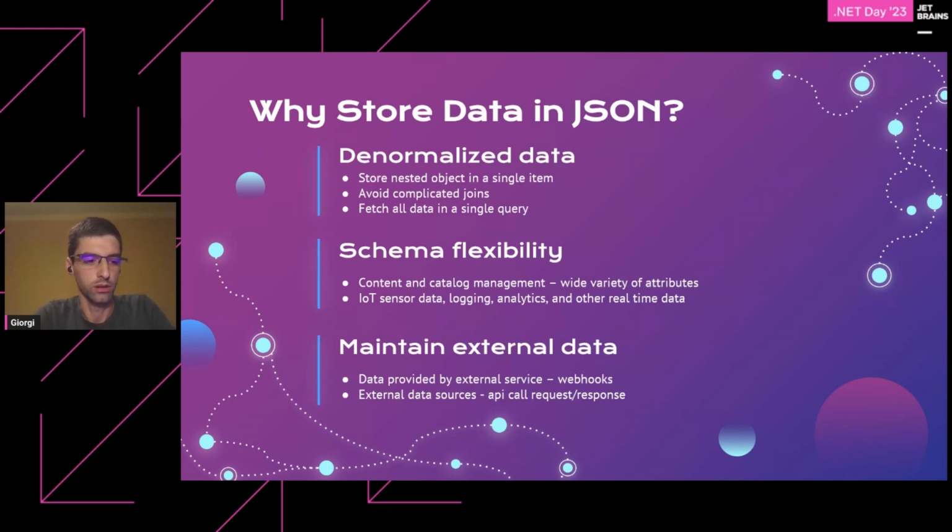So if you need to design a database schema for these products, you would either need to create different tables for different types of products or have one big table with many columns. But the best approach would be to just store the attributes as a JSON in the database. So you avoid all the disadvantages of the previous